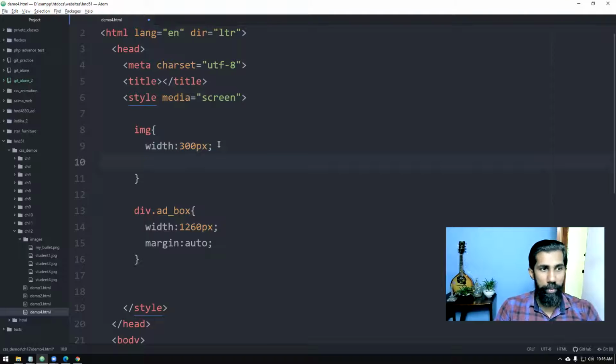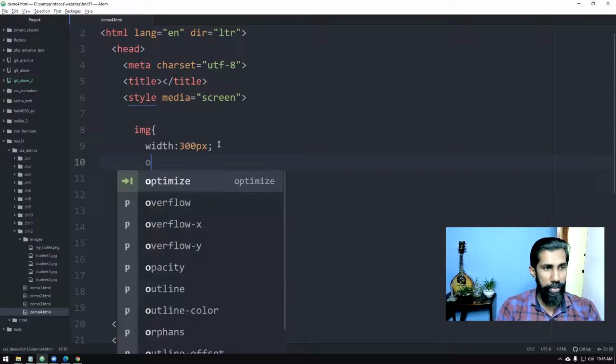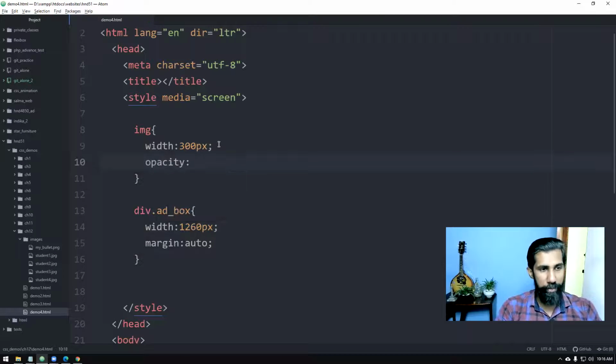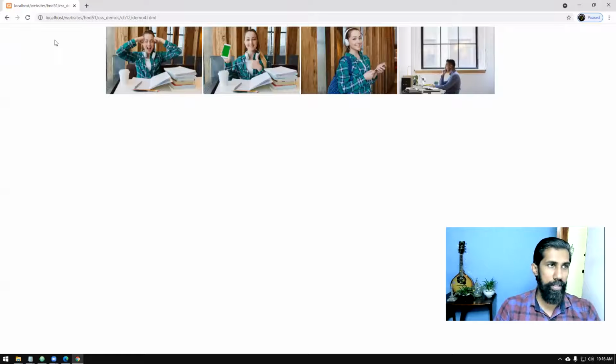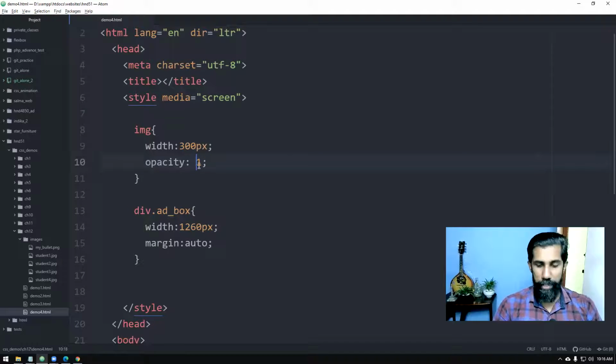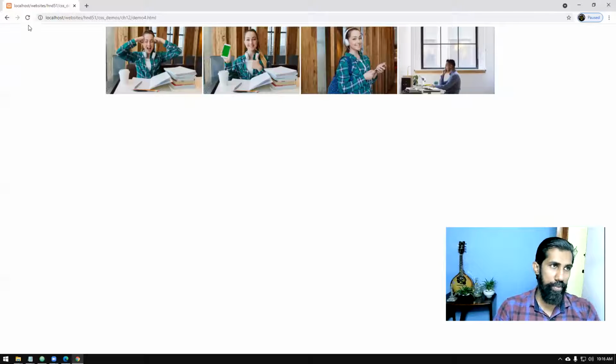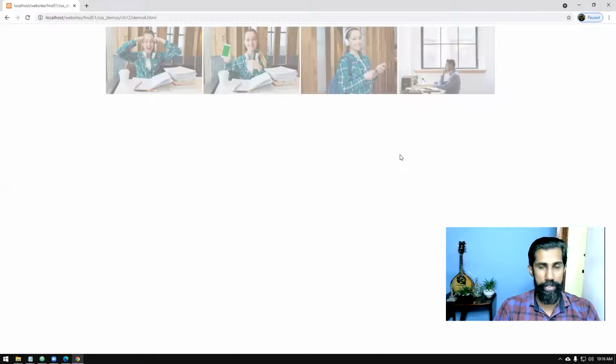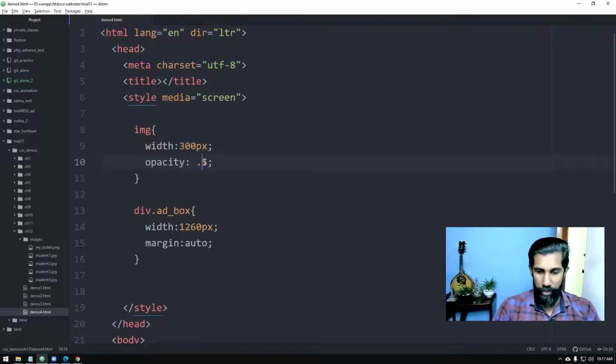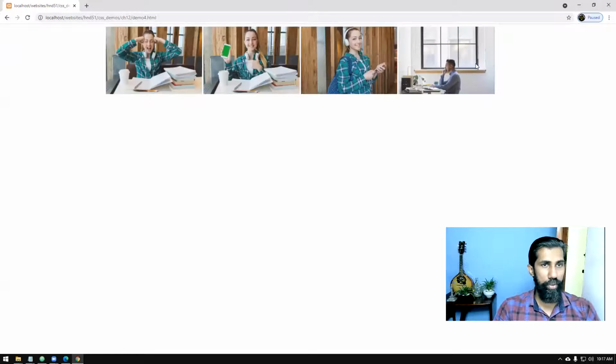Okay. So when you want to work with the image's opacity, this is the property that you're going to work with. This is the proper place we are learning it. Previously, we just did it. When you want opacity, you just give opacity and you can give a value. When you give a value like 1, it resembles 100%. So if I refresh this, you can see everything is like that, right? If you give a dot and then a number, something like 5, that resembles 50%. So you need to remember that. The higher the number, the more visible the image is, right? So this is closer to the original one.